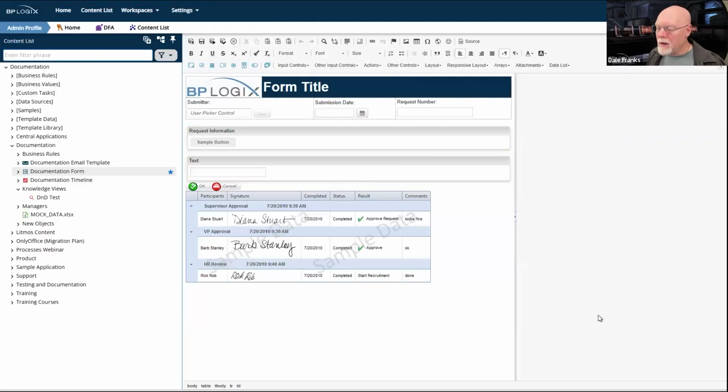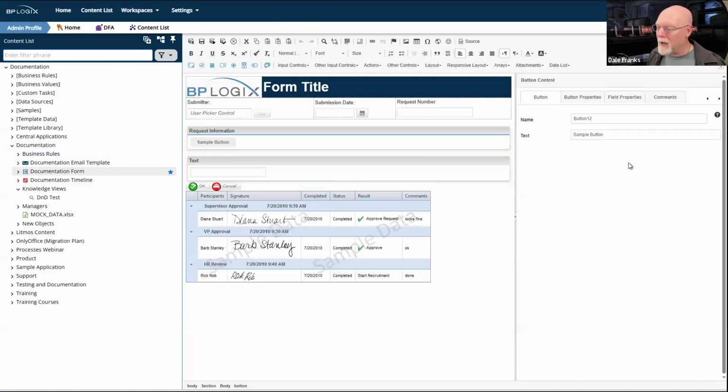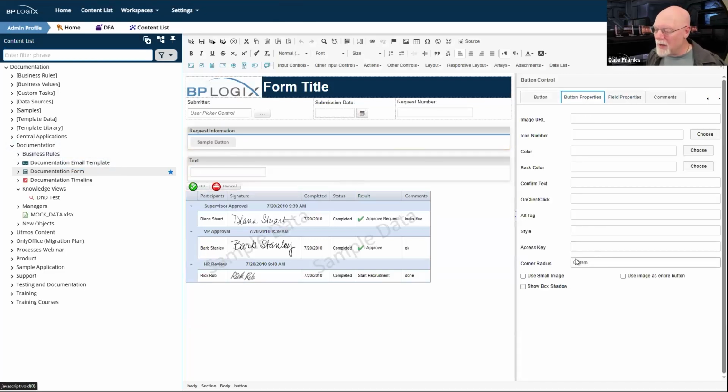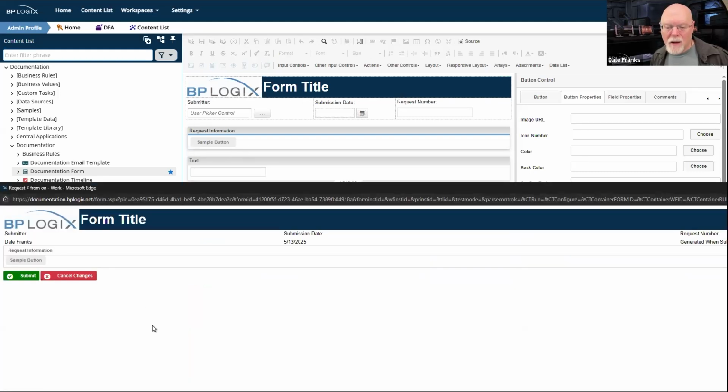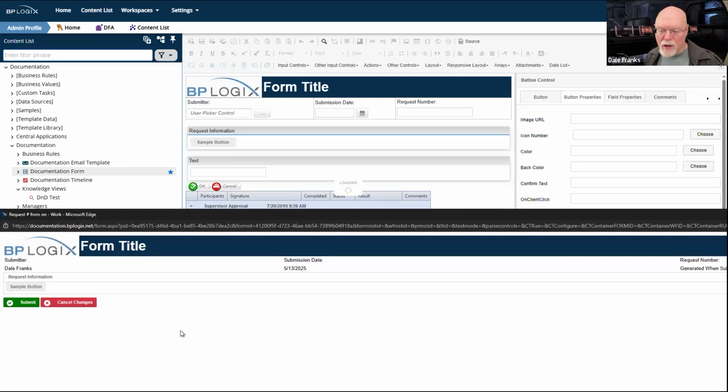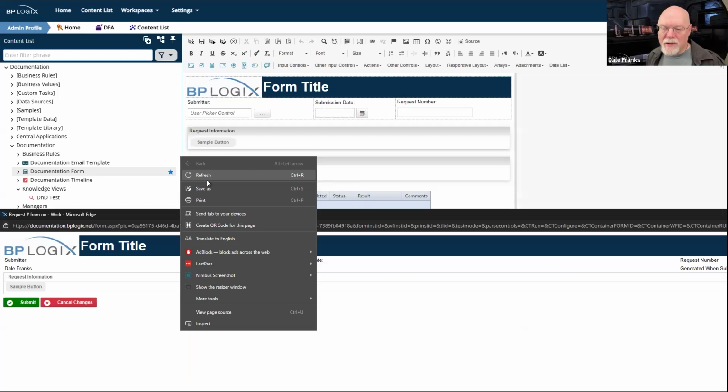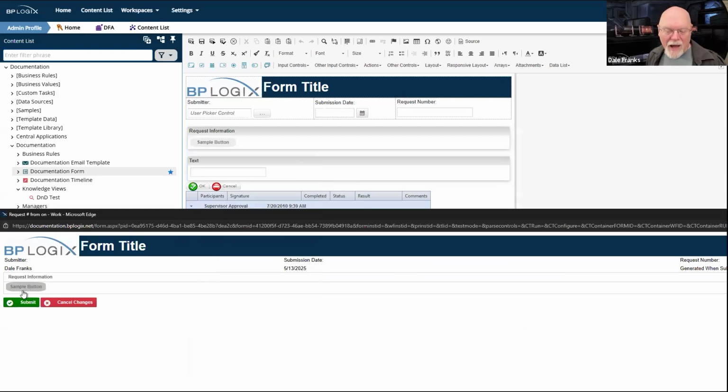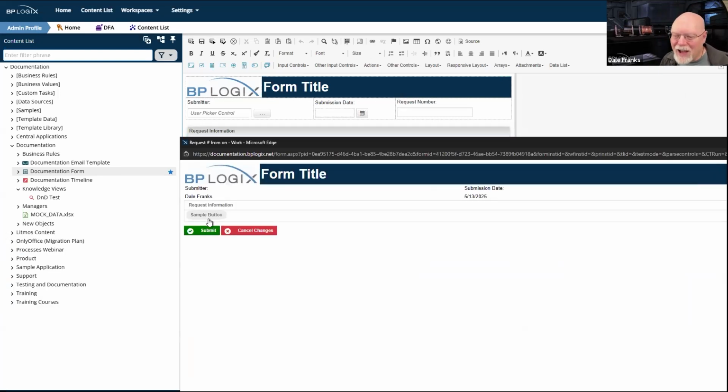And if you really want something weird, you can set it to a CSS percentage. So you can actually set it to 25%, and we can save that. And once it saves, we'll go ahead and reload this form instance so we can refresh it now. And now you can see it's got this weird little shape, which is what setting it in percentage does. So you have options for changing your button.